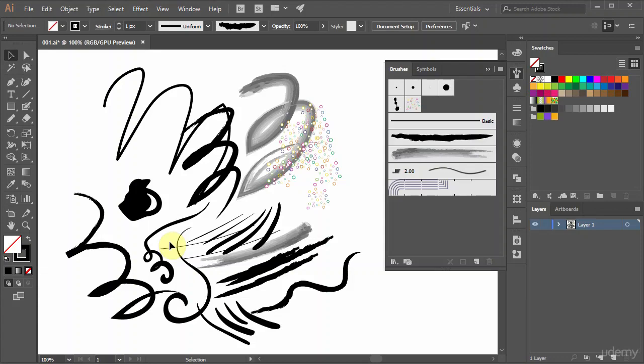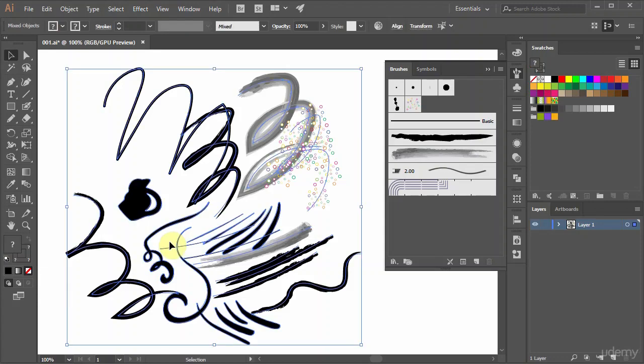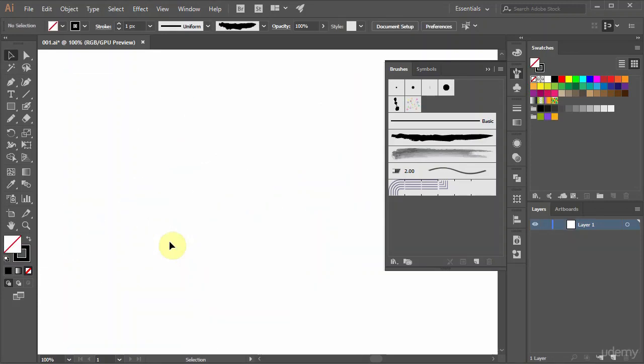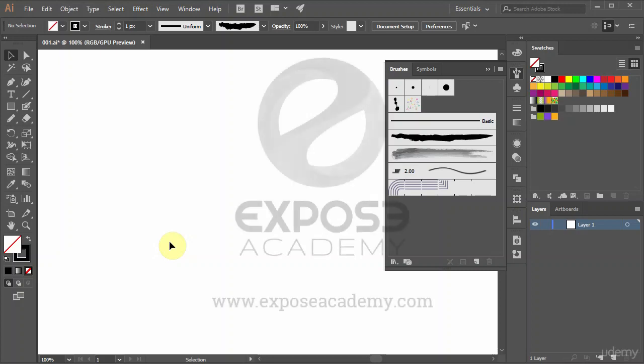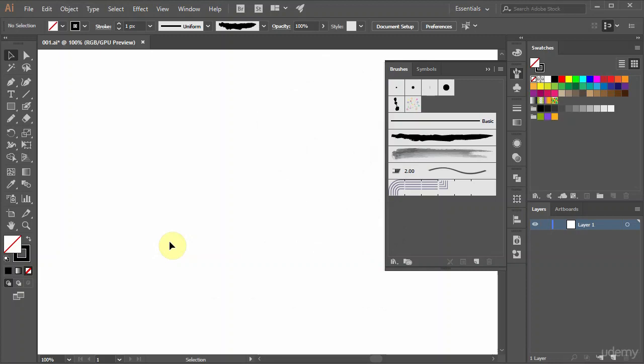Again, I must mention you need a pressure sensitive device such as Wacom for this to work. There are other cheaper brands like Huion or other brands that I may not know of. I only have Wacom tablets and have never used brands other than Wacom, so I cannot give any comment or review about which brand is the best.